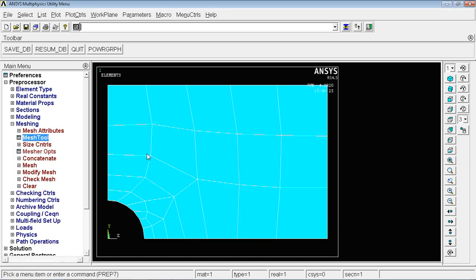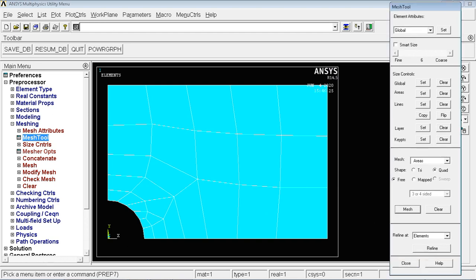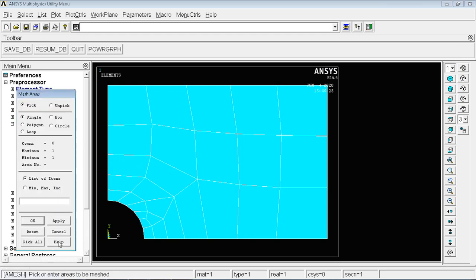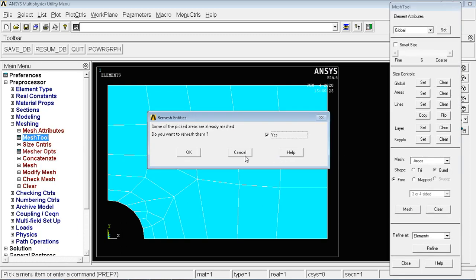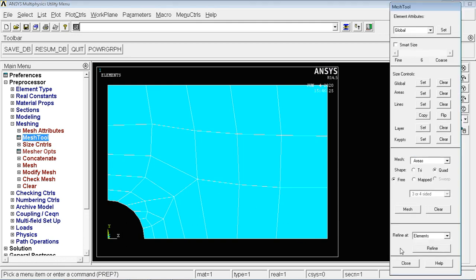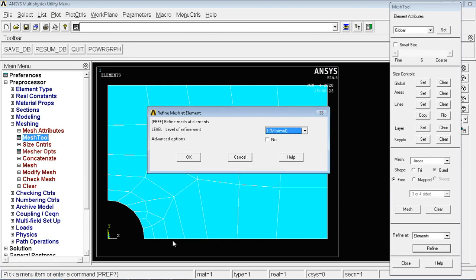Again I need to refine this mesh. I'll go for mesh tool, click on mesh, drag this and then pick all. In mesh tool, I'll click on refine mesh, next pick all.